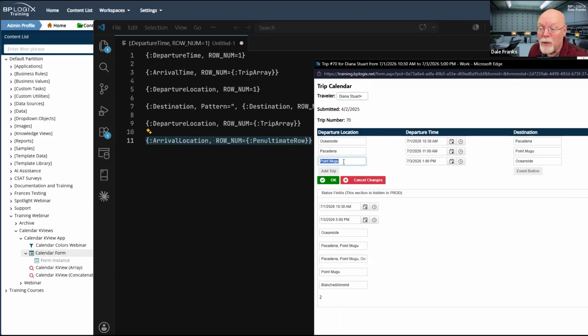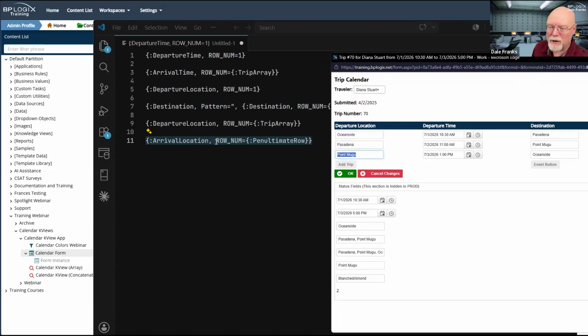Sometimes you don't have a departure location, you only have destination locations, in which case it gets a little trickier to do this. So if it does get trickier on your travel form, I can also pull Point Mugu from row 2.